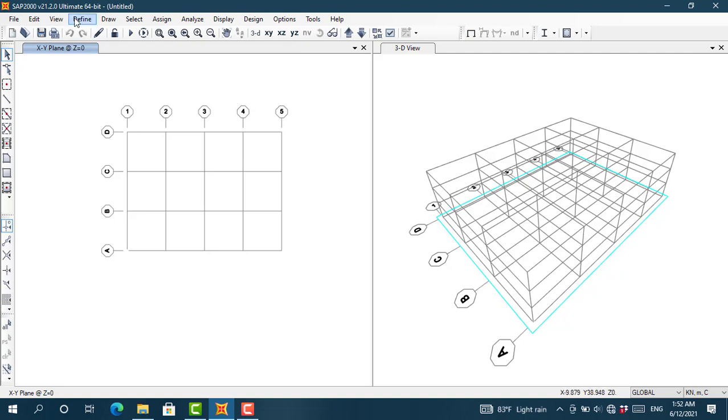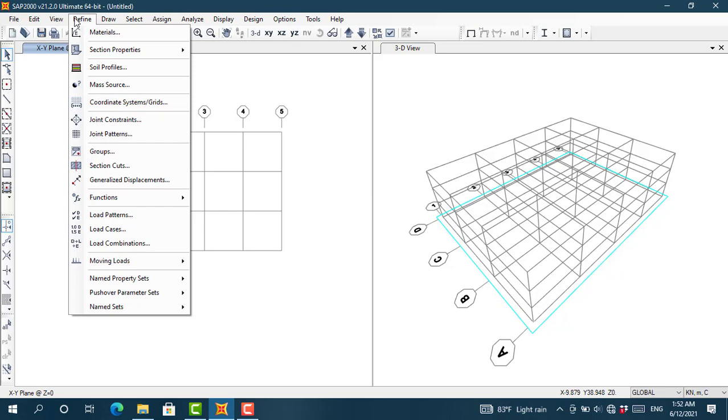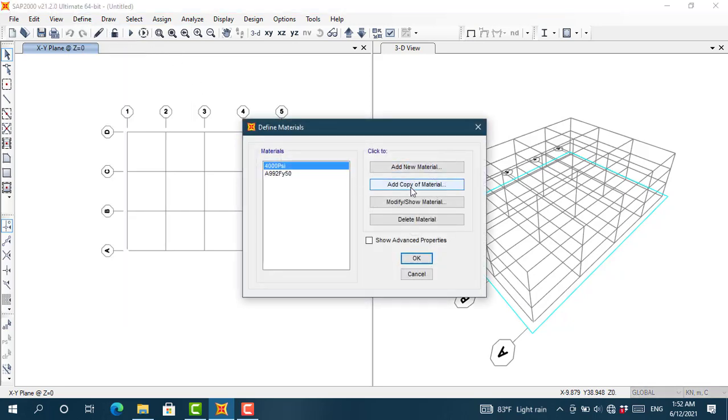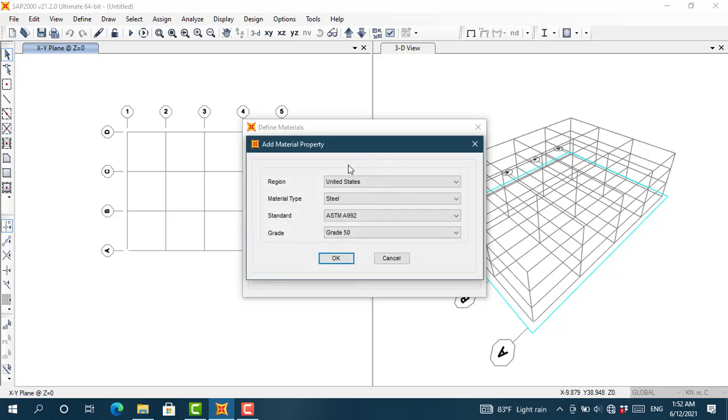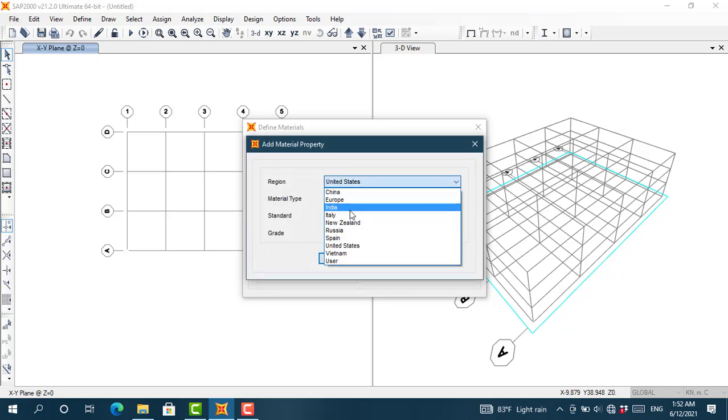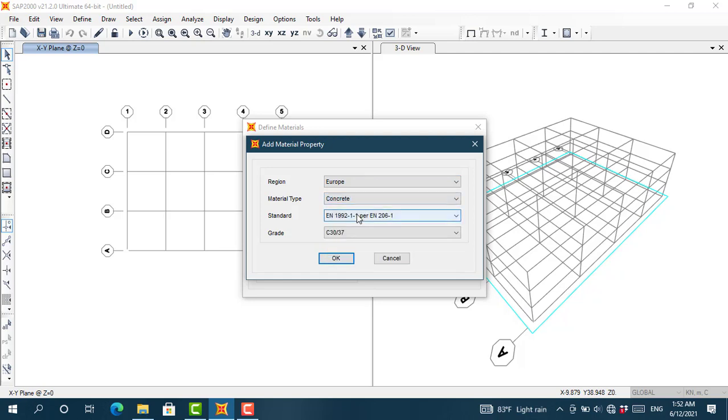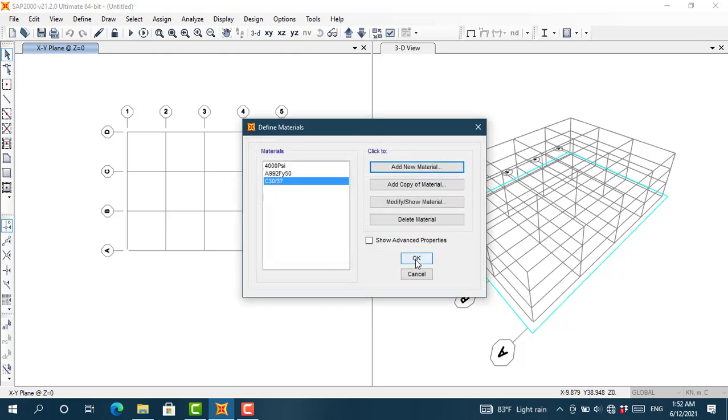Okay, the next step is to define the materials for columns and beams. So first we need to define concrete material. We'll go to add new material, region we will select as Europe, and material type we will take as concrete. Standard is Eurocode, and the grade we will select as grade 30 concrete. Okay,